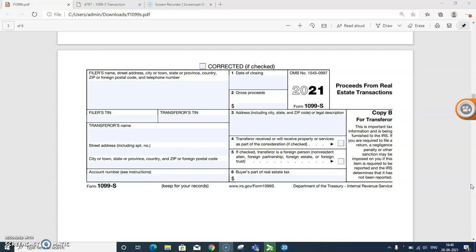This is a very important point, that the form must be mailed to the recipient by February 15th and it should be filed with the IRS by 2nd of April. Now, whatever I have discussed, if the form 1099 you have received is for sale of personal property or sale of vacation home, then you need to report those sale proceeds in the form 8949 and Schedule D.